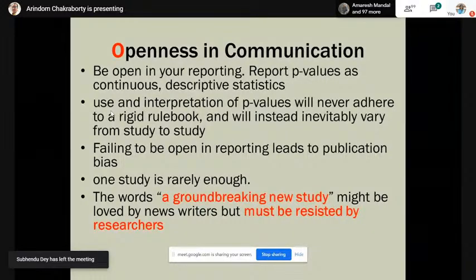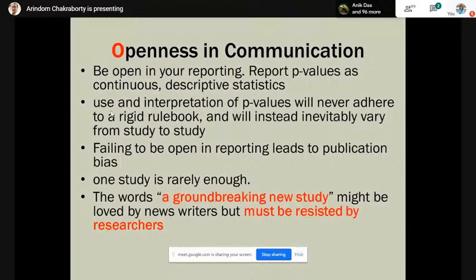So you shouldn't believe in these things, because science requires some time to get a vaccine which we think will work. It may happen that after doing all sorts of things, it might not work. But anyways, that's how science progresses. So one study is rarely enough.